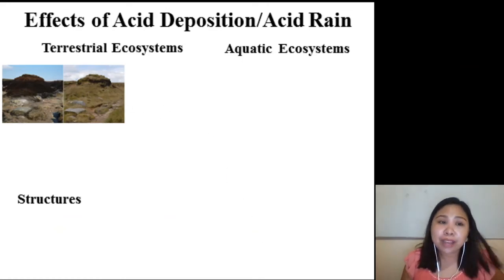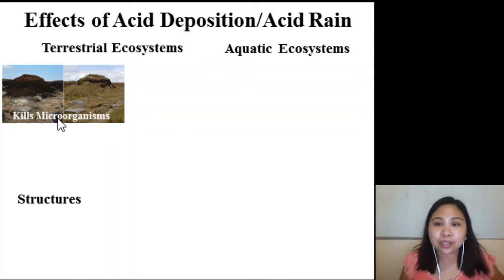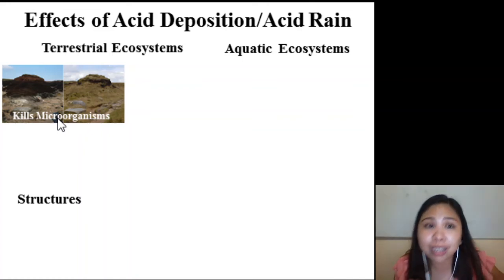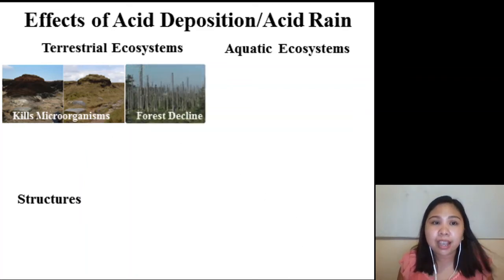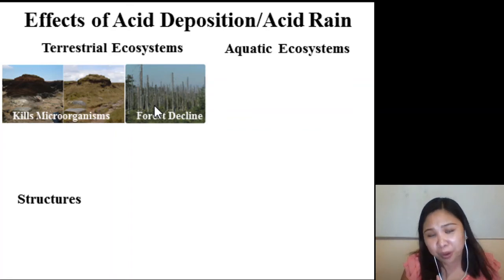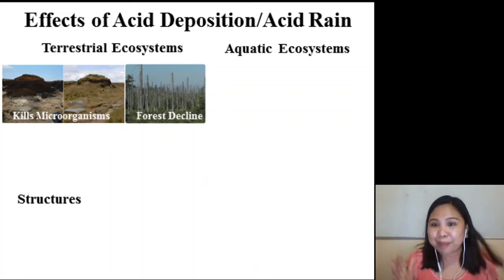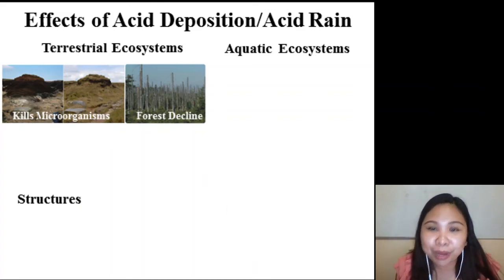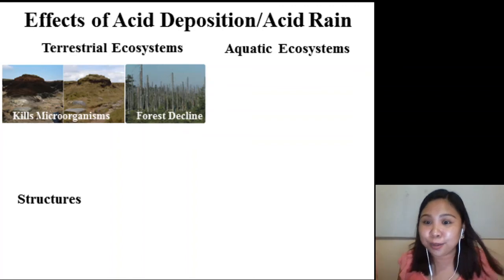Of course, whenever maulanan yung surface, lahat ng nandoon sa surface na yon, including those microorganisms, ay mamamatay sila, especially if the rain is highly acidic. Magde-decline yung mga forest, kasi yung mga forest, meron lang silang certain pH level. So, pag highly acidic, nagde-decline yung mga forest. And remember, pag nabawasan yung mga forest natin, it will affect the carbon dioxide emission. So, connected ito doon sa mga environmental issues.